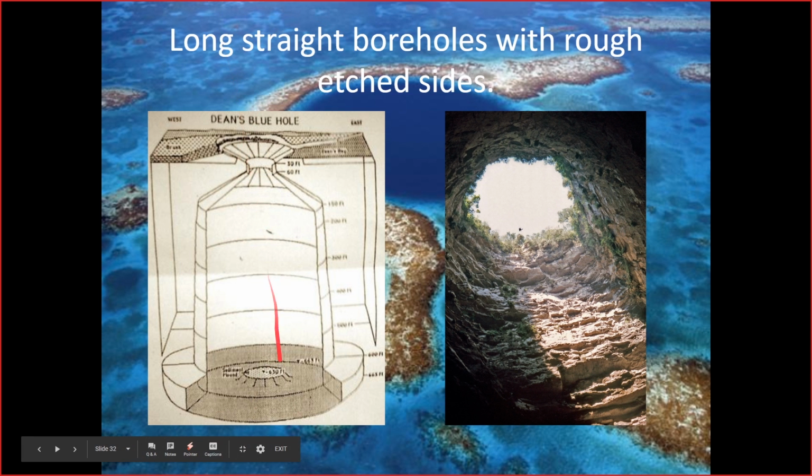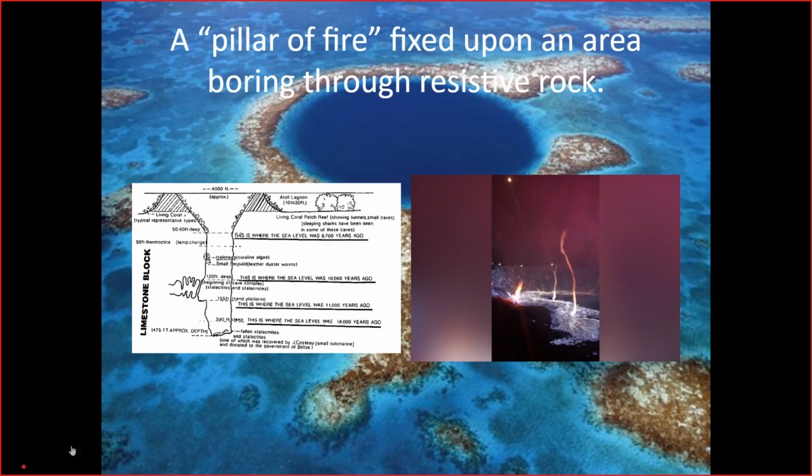And it would be the same thing on top, just a pillar of fire, ripping out anything nearby and taking it up that chute as it tried to get at the electrons down here. It just needs charge carriers, and vaporized rock would be just perfect. We can see that there are caves sometimes reaching off the sides of these things. Again, this is underwater, I believe, so I'm not quite sure. If they try to infer, basically, this is where the sea level was and so on, they're trying to say that maybe this was carved by water coming in and out,